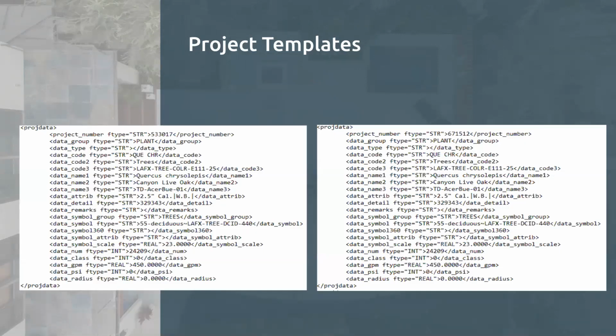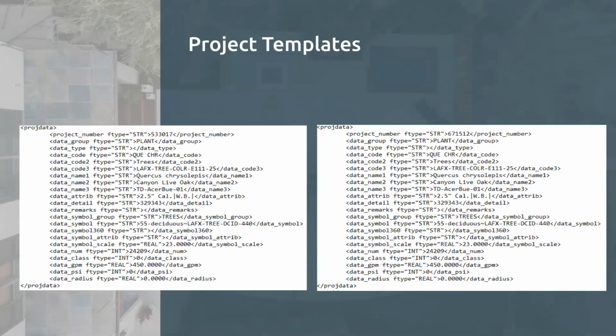And I just wanted to show this. I've done this in a couple webinars. Just a little peek at what is going on behind what you're seeing in Land FX. Each of these is a single plant. So this is a Quercus chrysolepis, canyon live oak. And so this is just that data that applies to a single plant. And so any project is going to have dozens to hundreds of different little sections of code like this that translates to that data. And all this is, it has what the plant code is, what it's grouped into, what symbol the plant is attached to, some of the plant size data, like it's a 2.5-inch caliper tree with B&B, probably balled and burlapped,